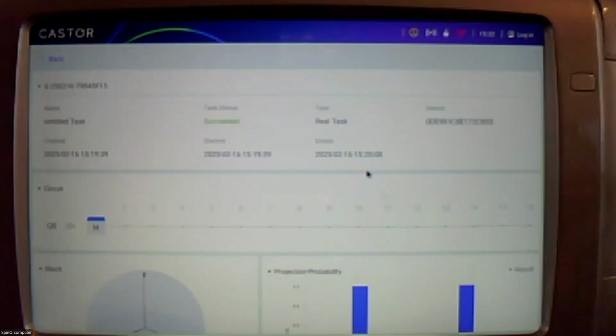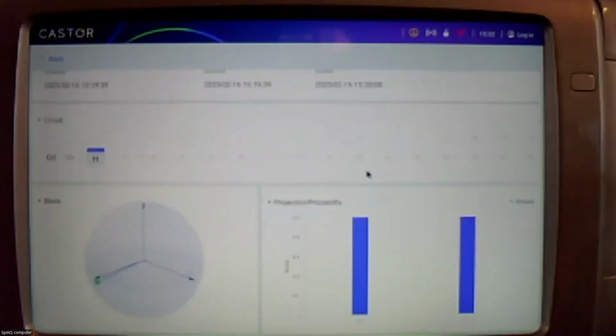By the way, it takes about 30 seconds to process one such computation. And we see the summary of the circuit, a very simple one. And here is the Bloch sphere, the representation of the resulting quantum state that we've heard about in the lecture, and I'm sure we'll hear more in the two coming lectures. It's a convenient graphical representation of the state, along with,